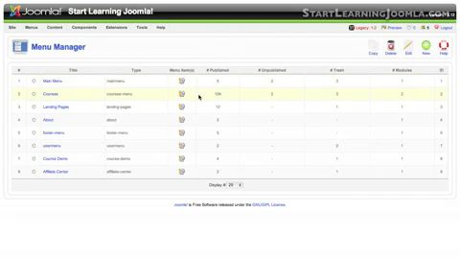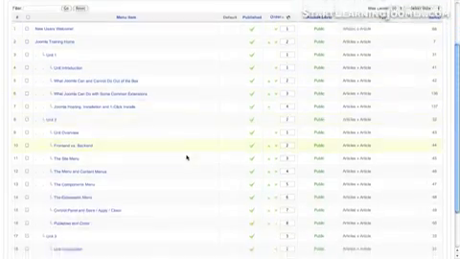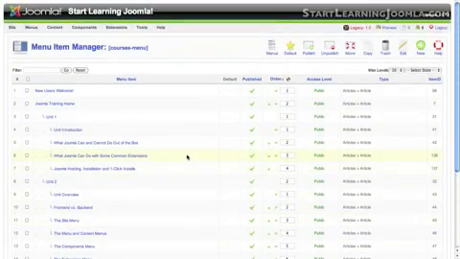Here is where Joomla starts to get very interesting. Menus are the skeletons upon which we build Joomla sites. Everything is attached to a menu in some way, and it is menus that determine how people navigate around your site. But in Joomla, menus aren't just about navigation, but also controlling the actual site layout,